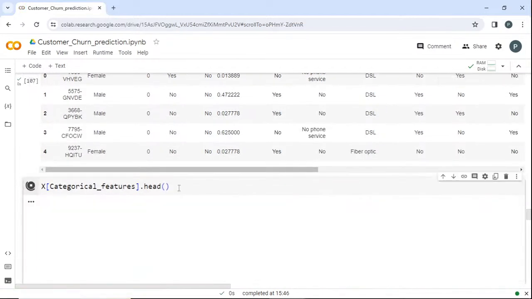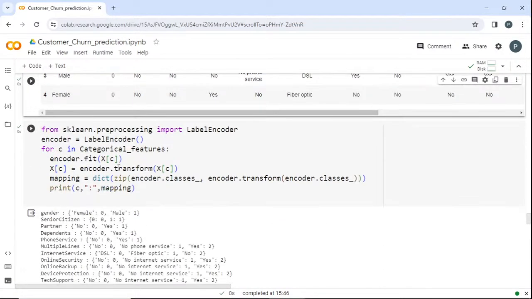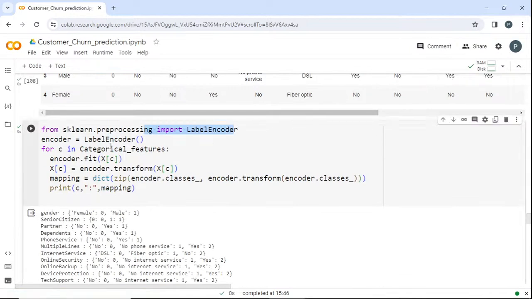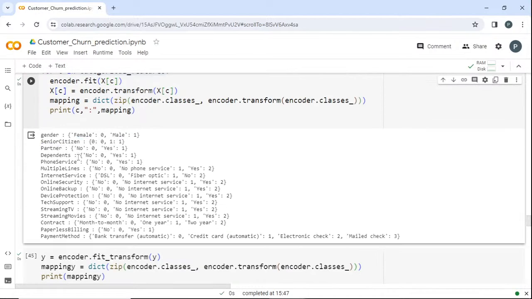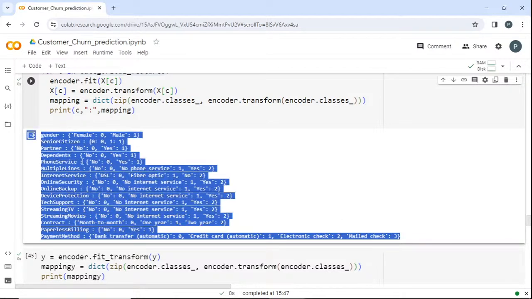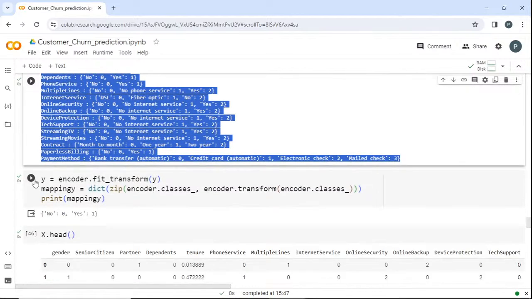Okay, so I'll select the important features, and I'm going to perform label encoder to perform ordinal encoding, and I am also getting which is mapped as which. So in gender, if 0 it means female and 1 it is given as male. In senior citizen it is their partner, no means I have given as 0. So like that I can get a dictionary of what it has been done, so that I can't mismatch, right?